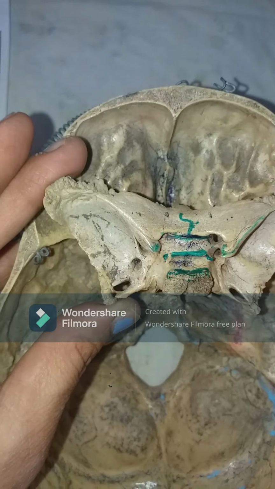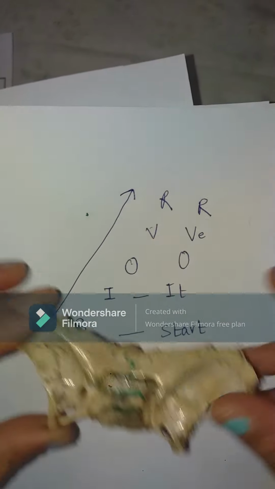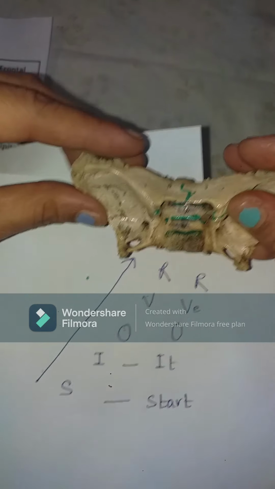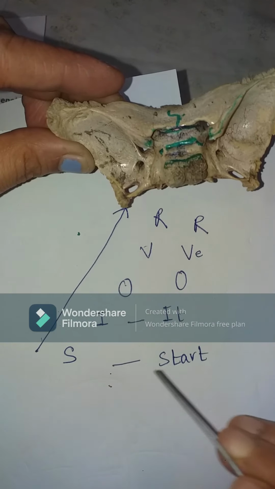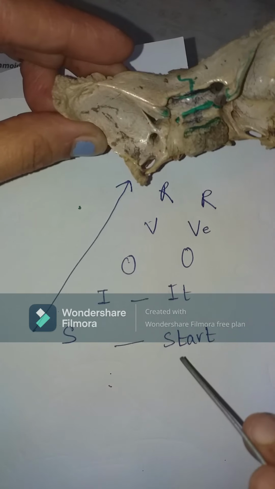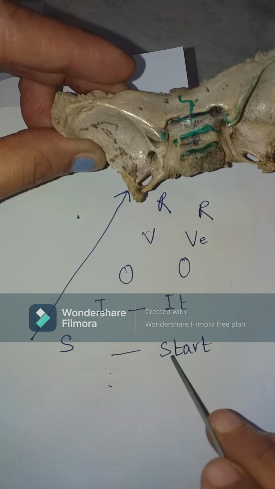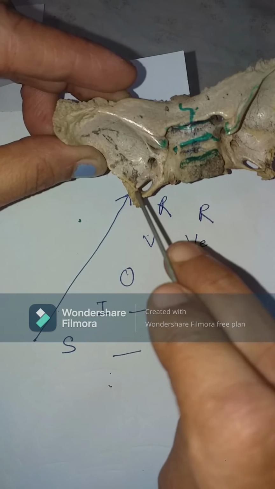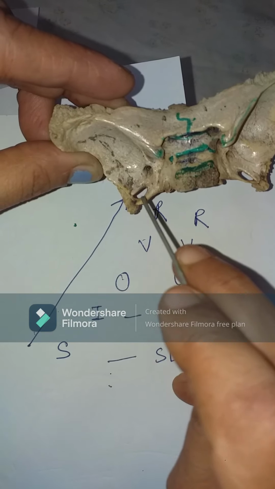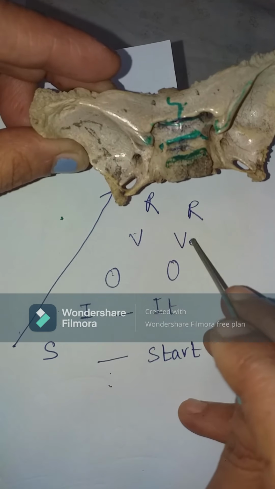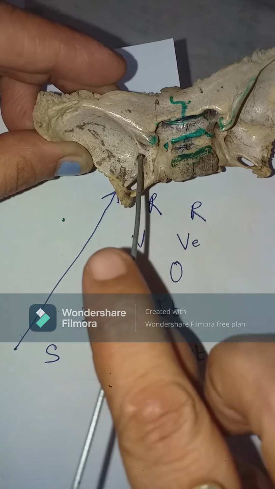Can I give you a mnemonic for this? Don't try to be dependent on mnemonics, they are always deceptive. But yes, for now I will help you with a mnemonic. Let us start from posterior to anterior side once again. Let us have spinosum. S stands for spinosum. I stands for the innominatum, which lies between the spinosum and ovale. Then we have ovale here, and then we have Vesalius, that is the emissary sphenoidal foramen. So we have the Vesalius here, and we have the R for rotundum here.